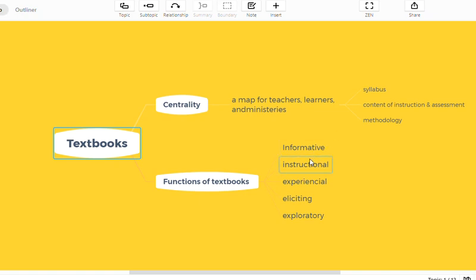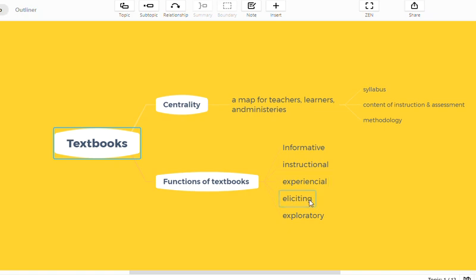But what is much more important than these two is the experiential function of language. The high quality textbooks should provide students and learners with an opportunity to experience the language they have studied. If the textbooks provide the learners with conditions, opportunities and spaces to experience real life language, it is called experiential.